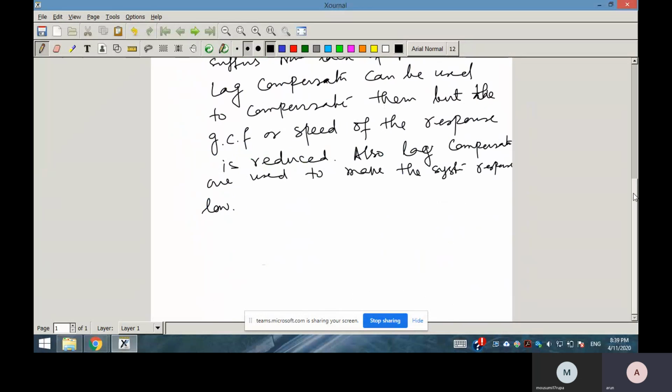So now, what is the transfer function? The transfer function H(s) is equal to 1 plus s by